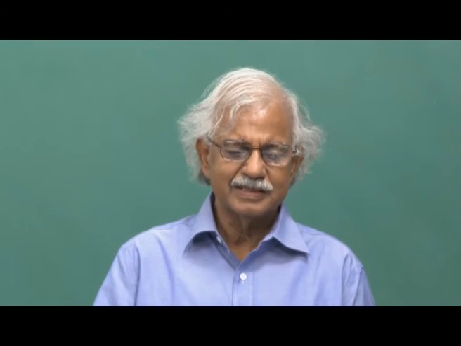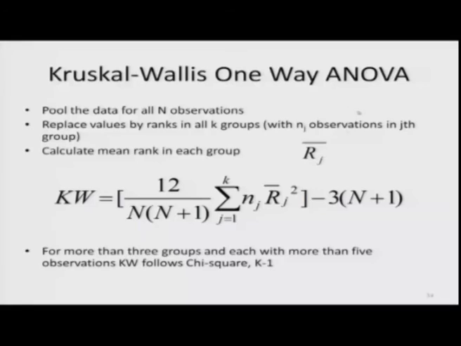The last is the Kruskal-Wallis one-way ANOVA. Pool the data for all n observations, and replace values by ranks in all k groups. So, as in median tests or other tests in which we pool the data. Right in the beginning in non-parametric tests we discussed the Mann-Whitney test, and in the Mann-Whitney test we pool the data, then in the median test we pool the data. Likewise, in this test also we pool the data and then